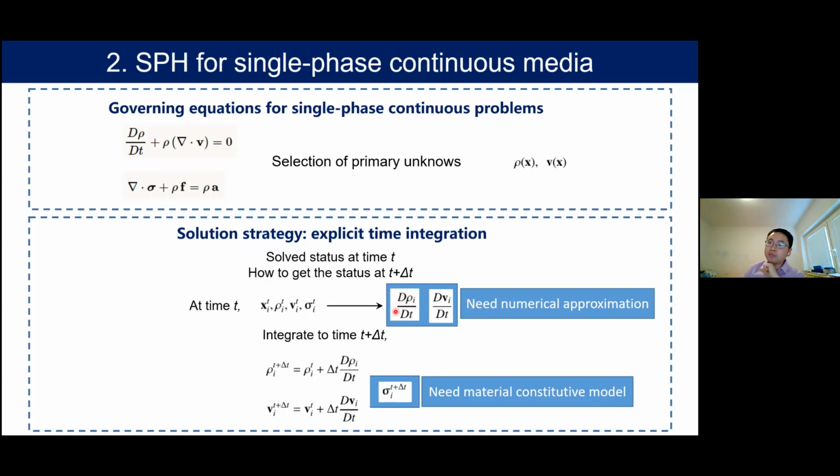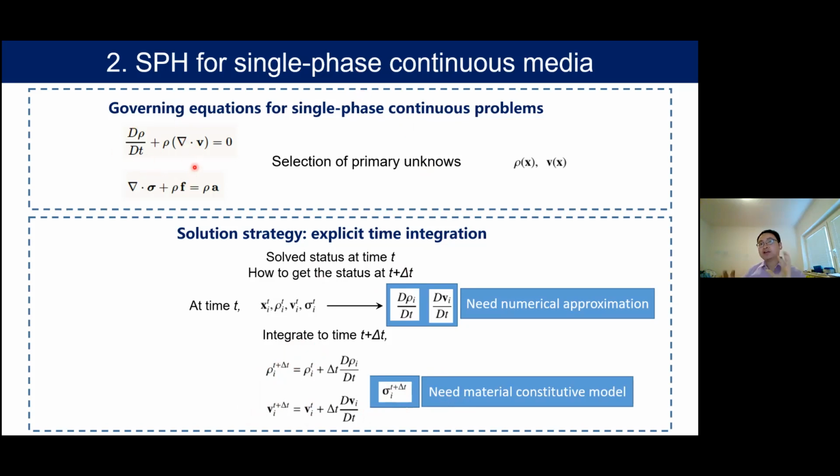And once we obtain these two quantities, we can do the integration to time t plus delta t. And you can just add the increment to the density and velocity, and you get the updated primary unknowns. And using these primary unknowns, you can update the location of the particles of your body, and also update its strains. This you need to use some material constitutive models which account for the material behavior, because these